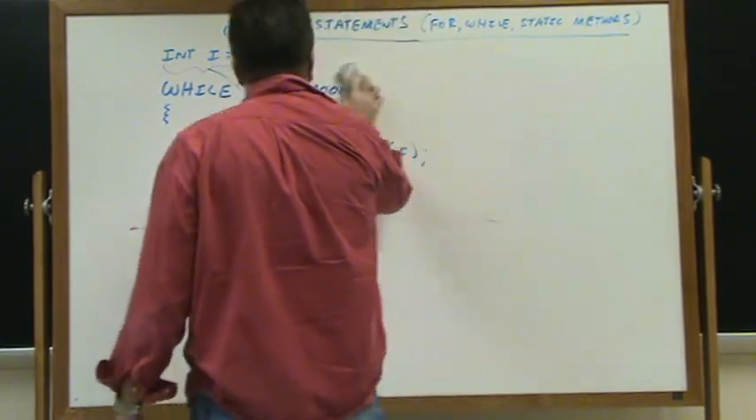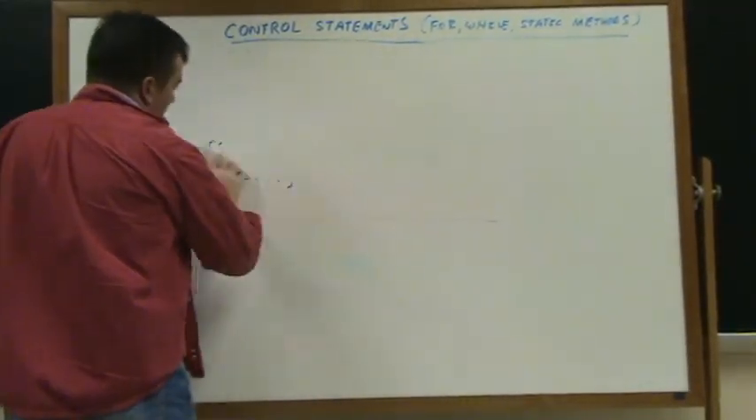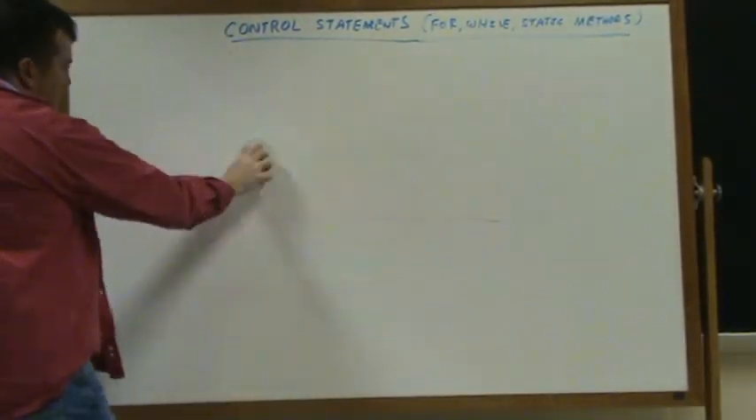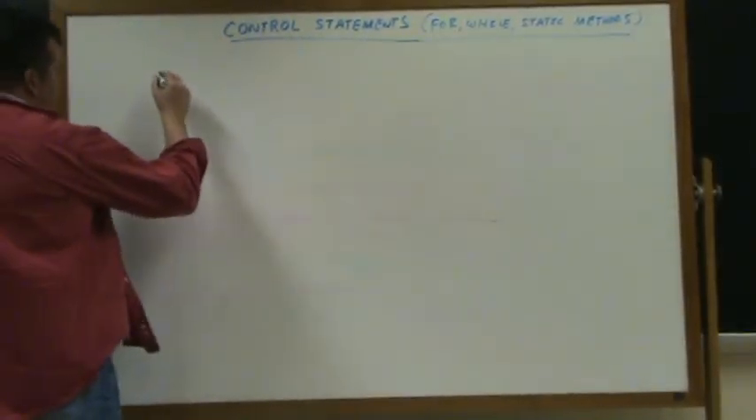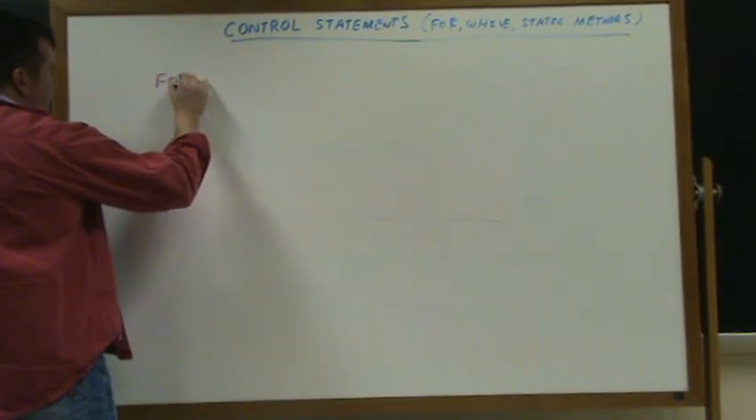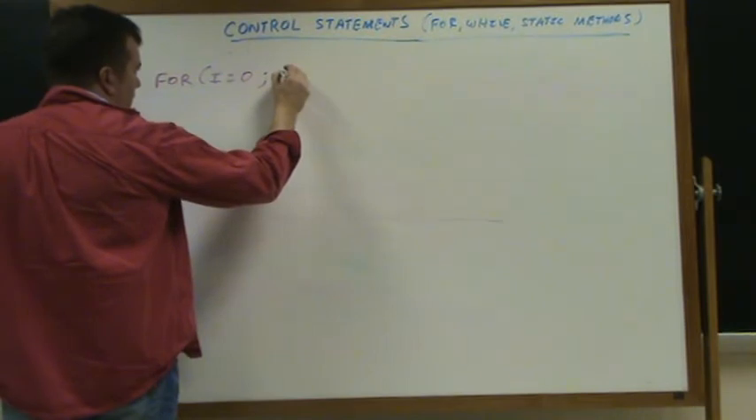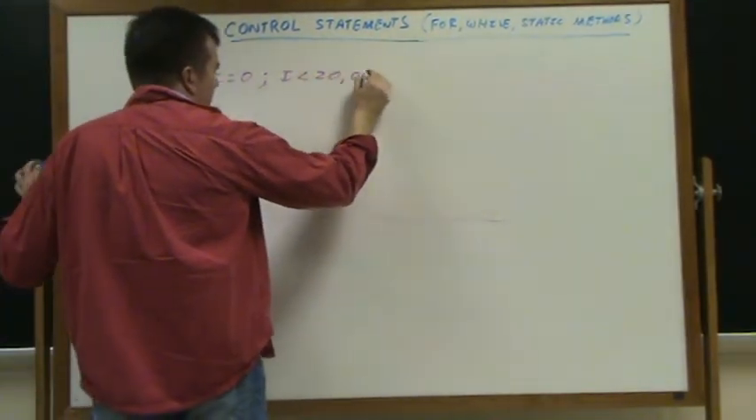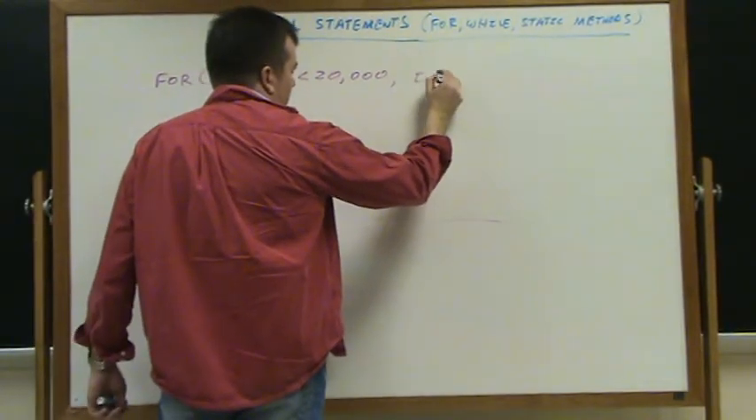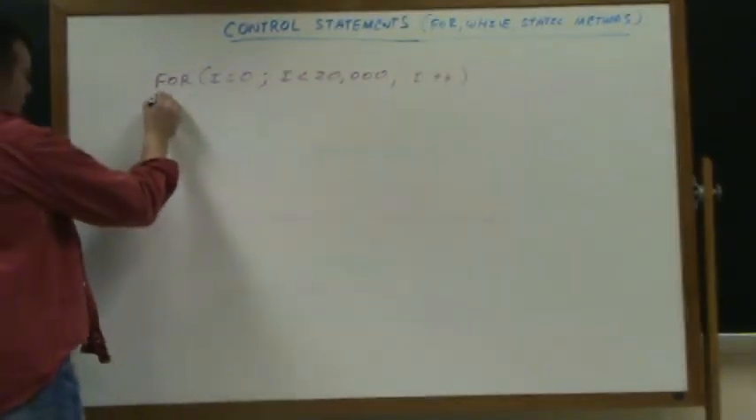And then there's the idea of suppose what was in the body of one of these loops was something that starts getting a little bit complicated. And this isn't a complicated example, but suppose inside the body of the loop, let's go back to the for loop. For i equals 0, i less than 20,000, i plus plus, that means i equals i plus 1. Suppose we had,